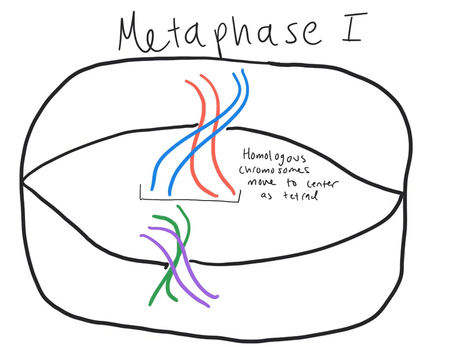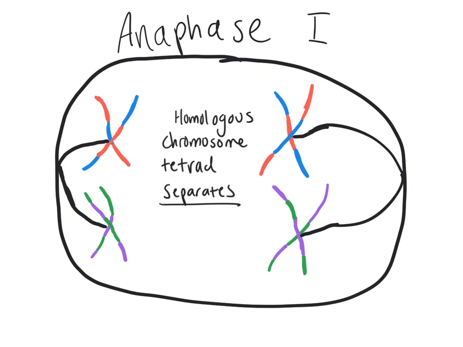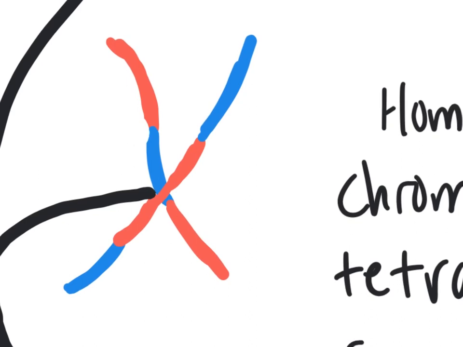So let's take a look at the next step. So here's where things get interesting. So you can see that the tetrads, or the quads, have been broken up. So what we have now is a pair of chromosomes on either side. So these were all one tetrad, and now they're separated. So we have 2 chromosomes per X. So if you look closely at our X's, you can see that they are a combination of both original chromosomes.